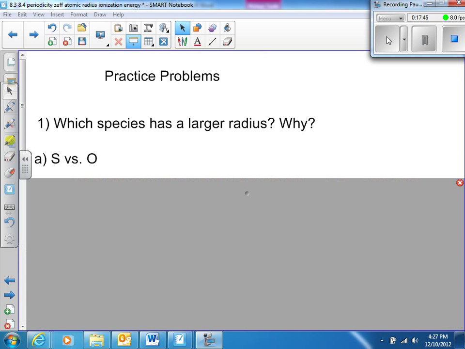Pretty simple. I'm noticing that this thing says 17 minutes. I must have forgotten to turn it off at some point, and I hope that if I did, that you fast forwarded through that. Okay,